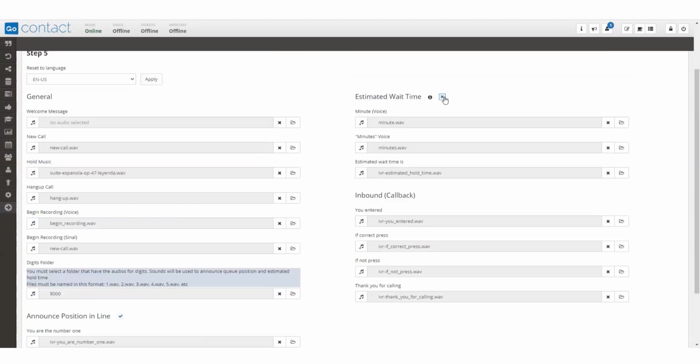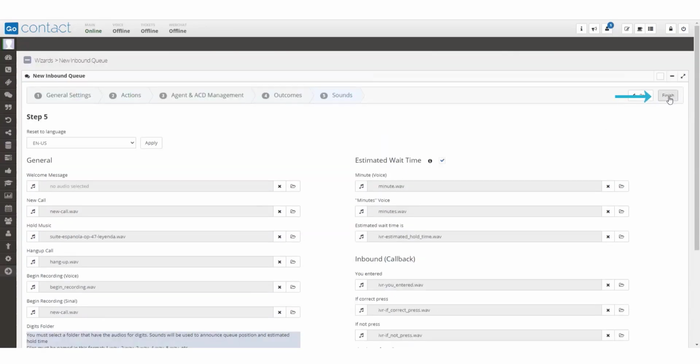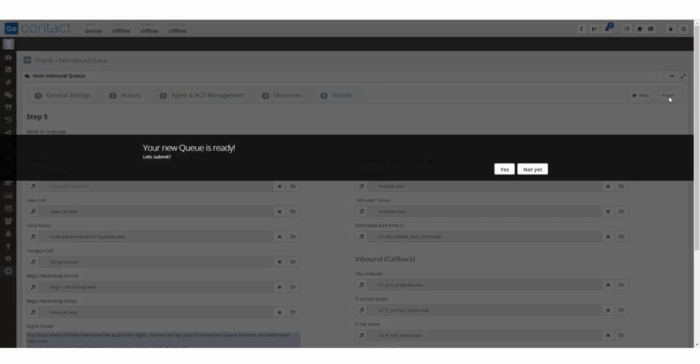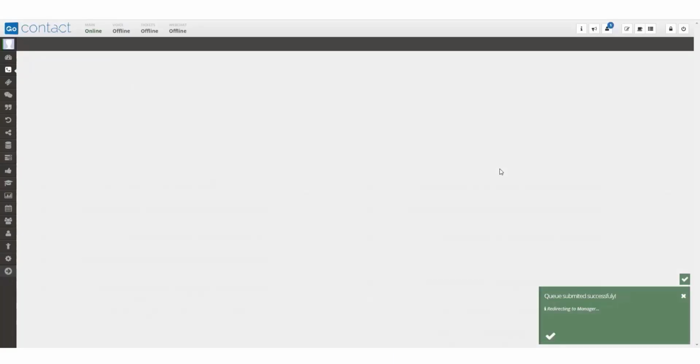Once we have configured our inbound queue, we click Finish at the top right. We'll get a notification saying our new queue is ready. If we're ready to submit, we'll click Yes. If we still have edits to make, we'll click Not Yet. In this case, we're ready to submit, so I'll click Yes, and we'll get a confirmation that our queue was